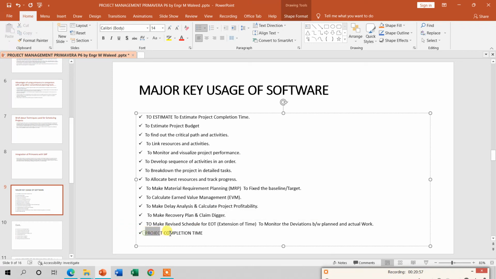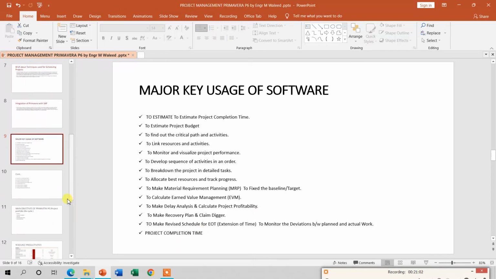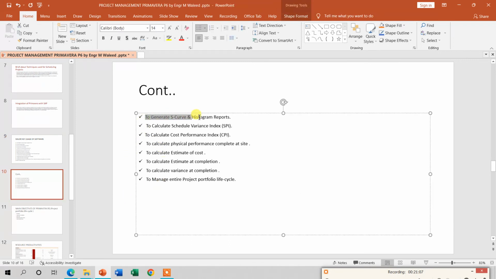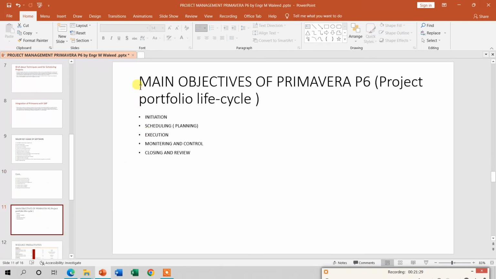The other thing was project completion time. It means when your project will actually be completed. This thing is very important, and you have to keep it in your mind. It is normally used to generate the S curve, histogram, SPI, the other performance index CPI, physical performance at site, estimate of cost and estimate of completion, variance and completion, and it is used to measure the entire project portfolio life cycle. The project portfolio life cycle means that in Primavera P6,